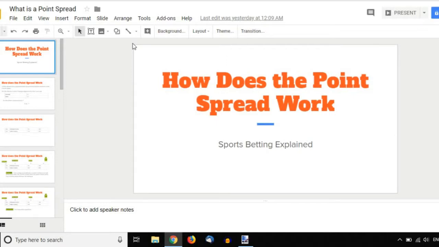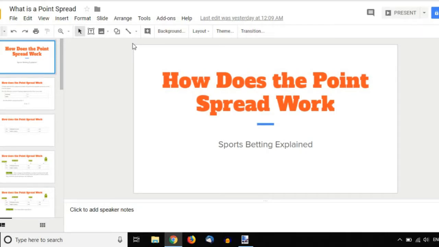Today, I want to talk about the point spread and how the point spread works. So what we're going to do is get into the mechanics, and get into some of the terminology that's used in the point spread. Go through an example. I'll show you exactly in plain English how the point spread works, so that you can feel a little bit more comfortable